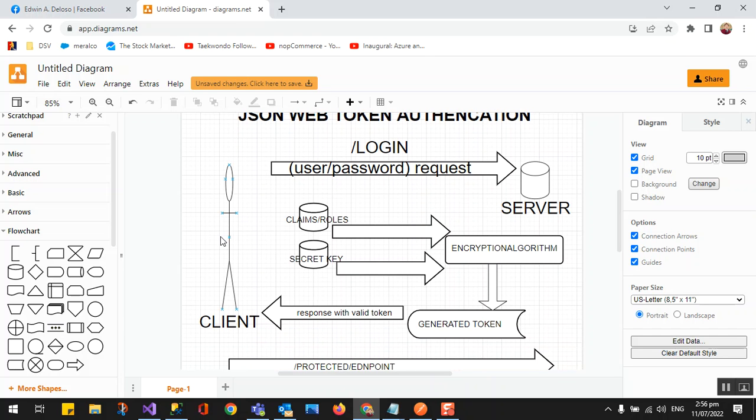For example, you have an ASP.NET MVC client, or even a console application, or an Angular application, or a mobile app, and you have some functionality inside that you want to protect, so that if a valid token is there, then that's the time that you can access some protected areas.